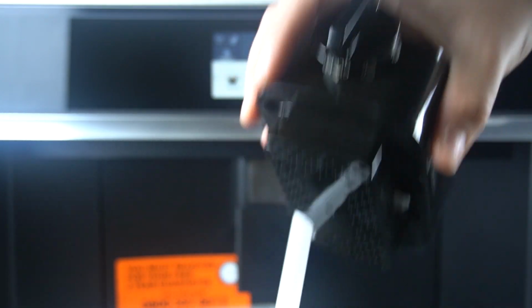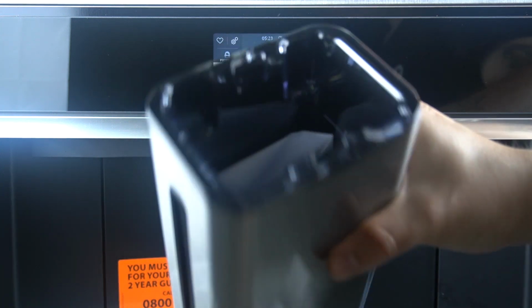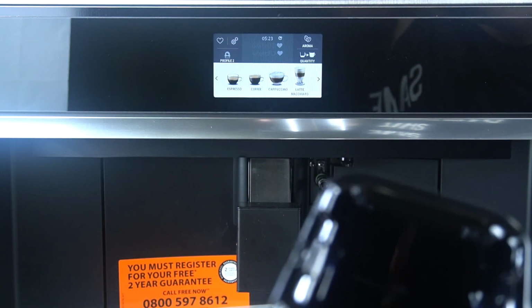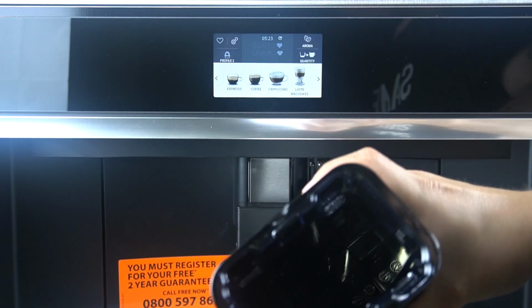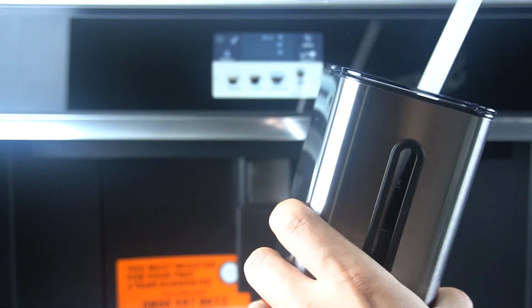In the first step, remove the cover and check that your container is empty. If not, just remove everything from inside and refill the container with the milk to the max level. Then close the cover,